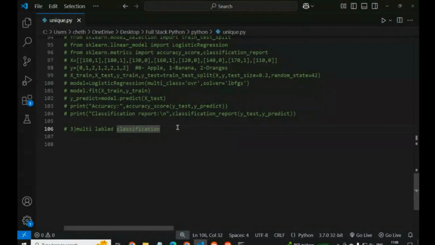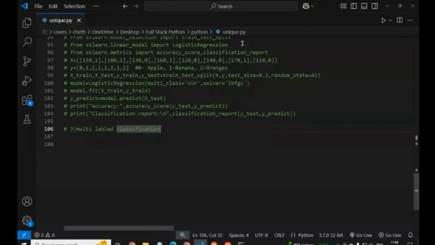We have to see an example of classifying books into multiple genres. A book may belong to fiction, adventure, fantasy, drama, or a biography of someone. So we have to create the model for that.